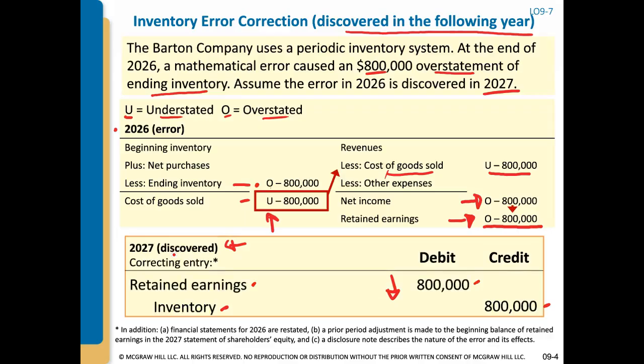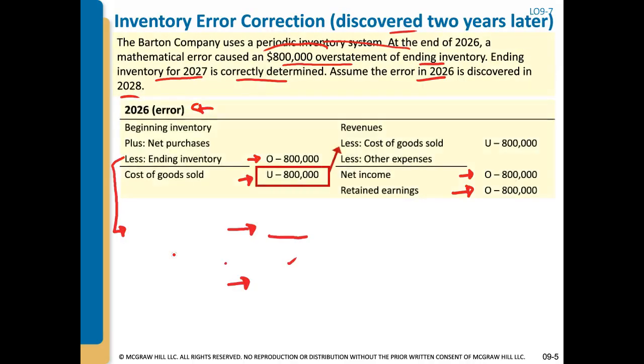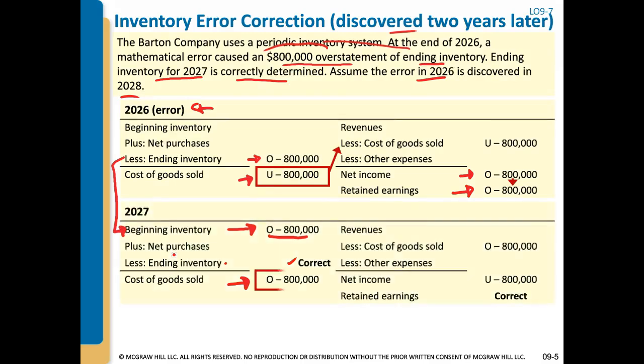So it has the same relationship, overstated and understated. If one is overstated, the other is overstated as well. So our beginning inventory is overstated, which means our cost of goods sold is overstated,